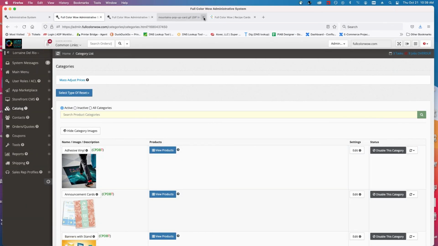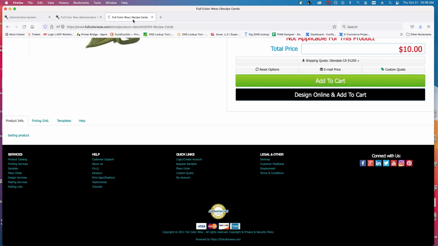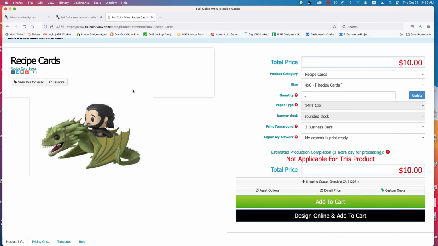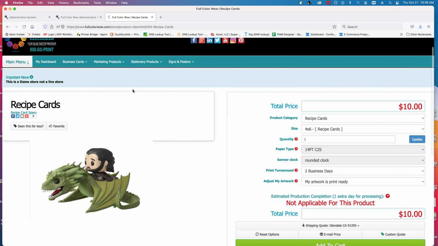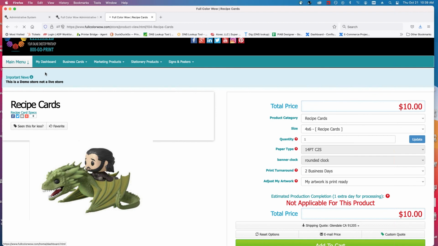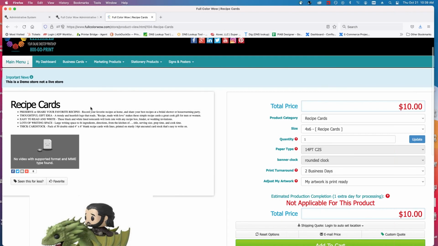Okay, so we'll go ahead and come down here and save. So this will be for the bottom section down below right here. Okay, we're going to go ahead and save. All right, so let's go ahead and